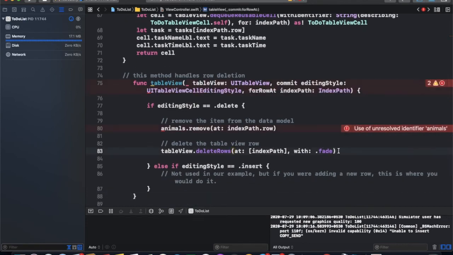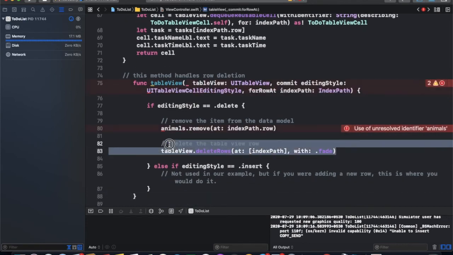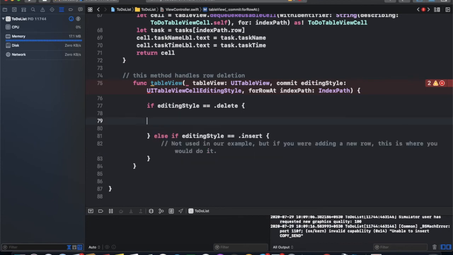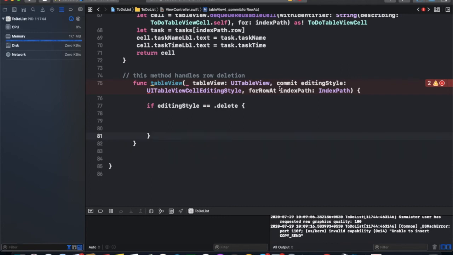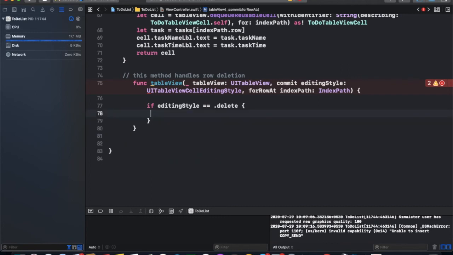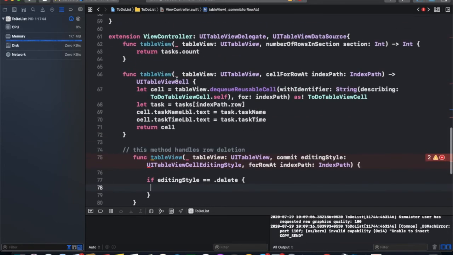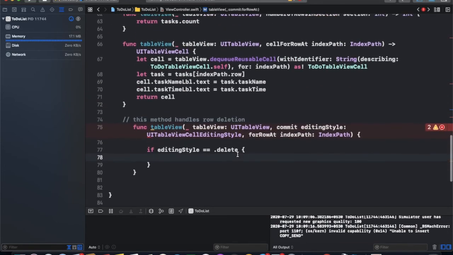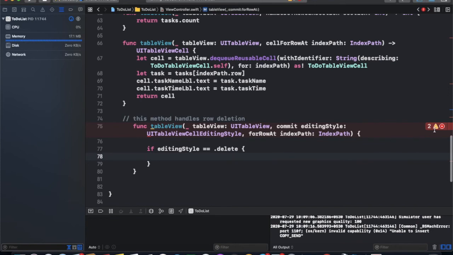Now we want it removed from the DB, and we do not want to insert, we just want to delete. So this is a table view delegate function.